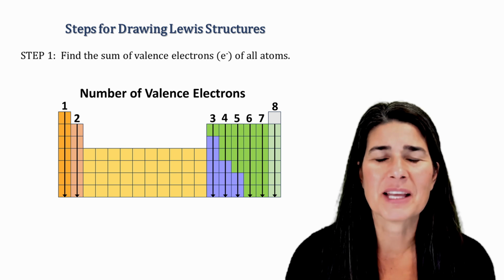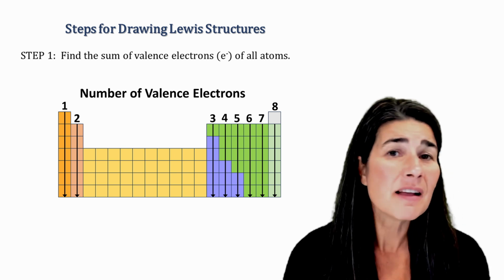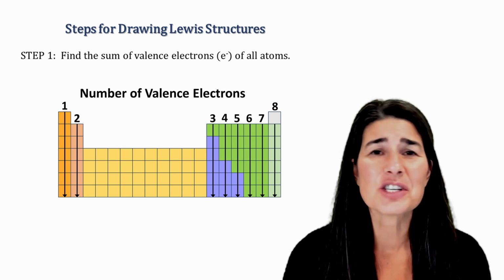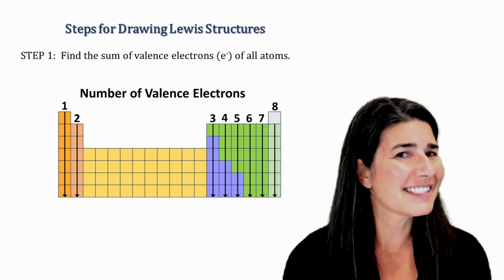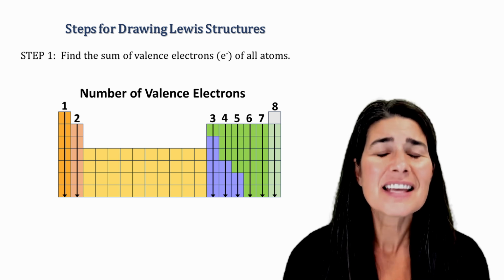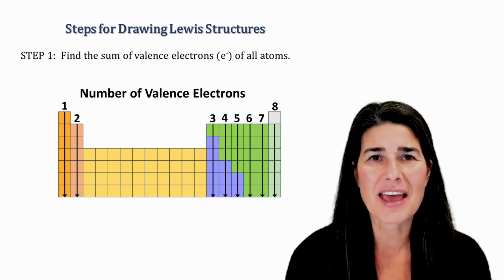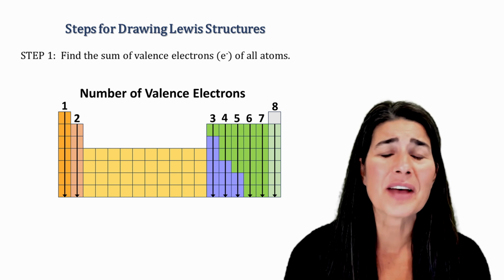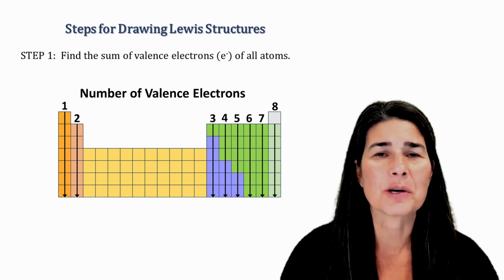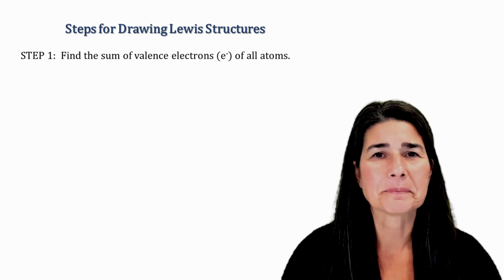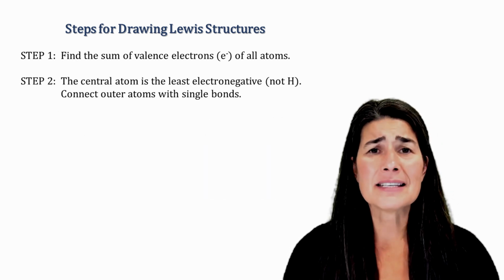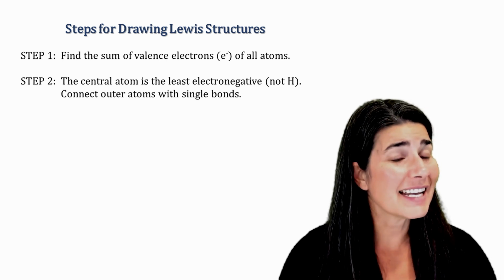The carbon family has 4 valence electrons. The nitrogen family has 5 valence electrons. The oxygen family, group 6A, has 6 valence electrons. The halogens, 7 valence electrons. And finally, the noble gases have 8 valence electrons. You want to add up the valence electrons for all the atoms within your molecule. That's step 1. Now, step 2 says, put the least electronegative atom that isn't hydrogen